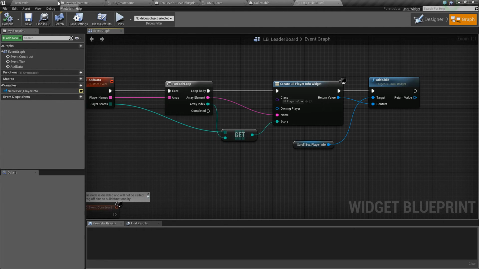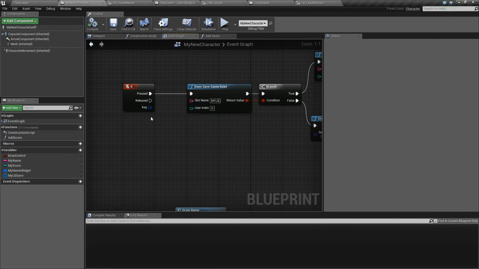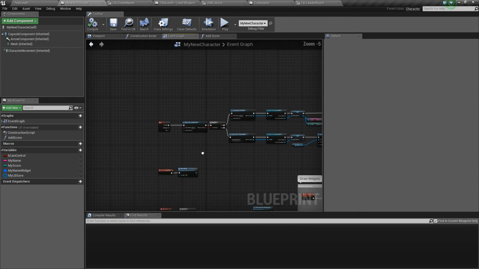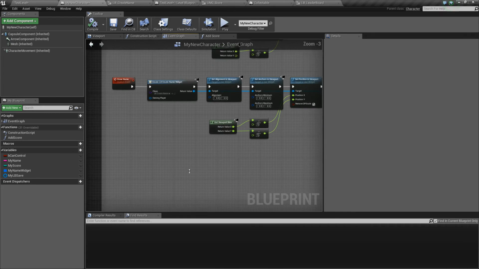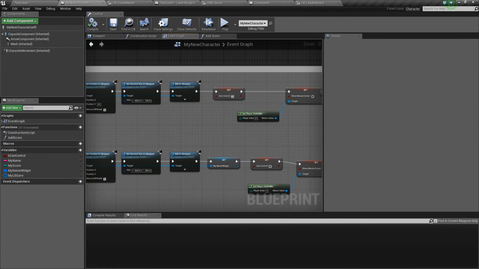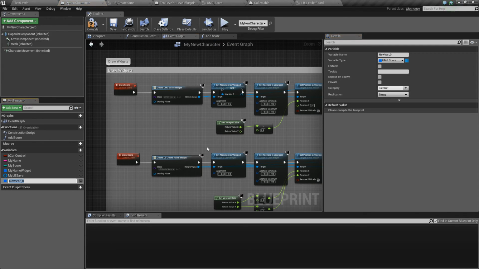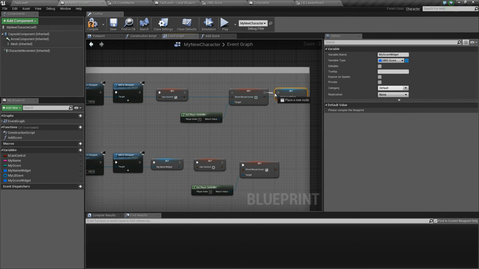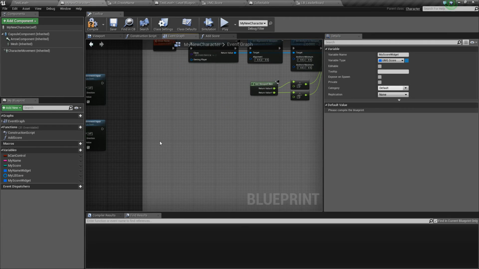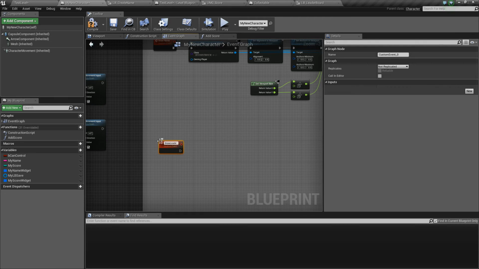What we want to do back in my new character, as we press K and end the game, is draw another widget to the screen. We want to probably remove the score. So what we need to do again is promote this to a variable, the score. So we'll call this my score widget, and we'll put this over to the right hand side, and we'll create a new custom event, which is going to be to draw the leaderboard. So draw leaderboard,